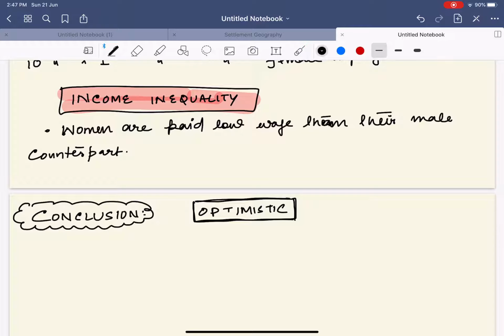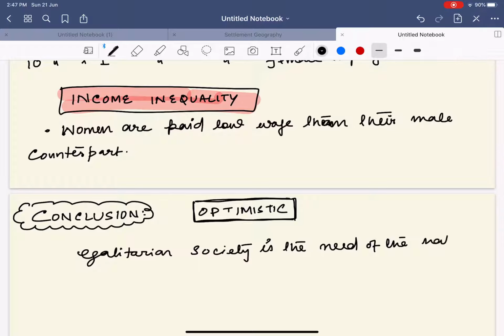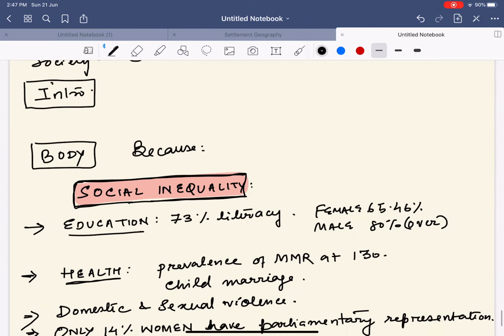So from this, I will simply write down a conclusion. See, an egalitarian society is the need of the nation. So basically, I would say that you write just one statement, and that would be more than enough, and there is no need to extend anything else. A simple statement will do fine. Conclusion: egalitarian society is the need of the nation. Done. Thank you. That will be all for